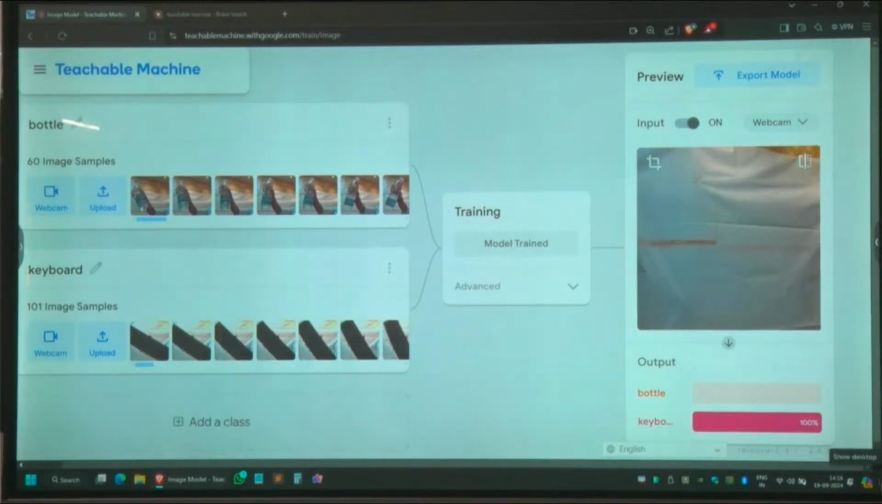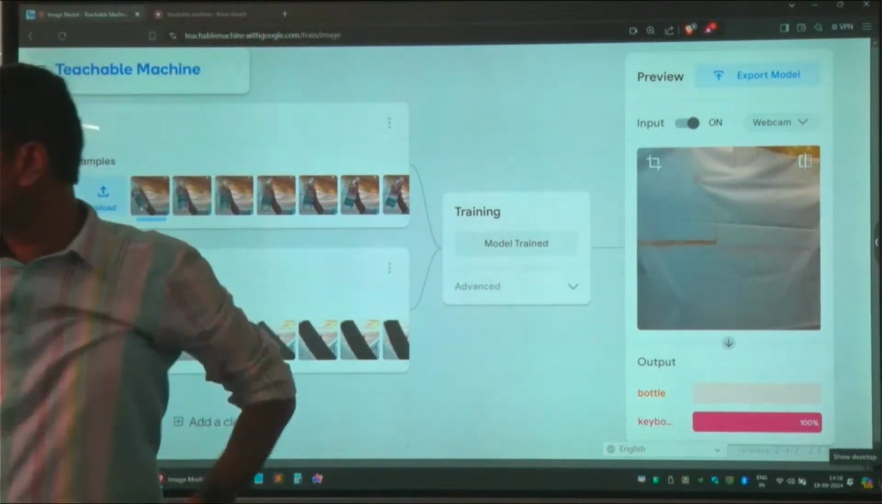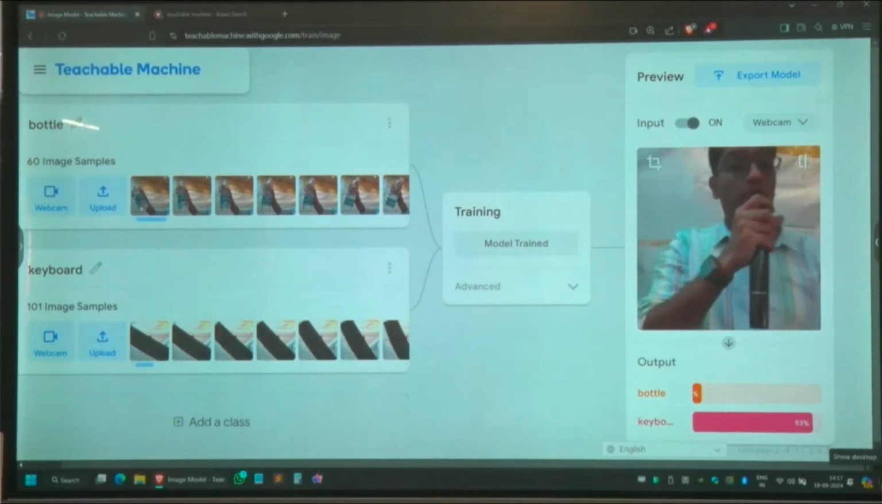Okay. So let me try with something new so that it will not get confused. Can you turn on this light? What you do is, we will do a very simple task. Give me your ID. Okay. So what I will do is,